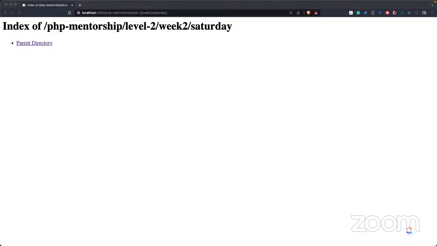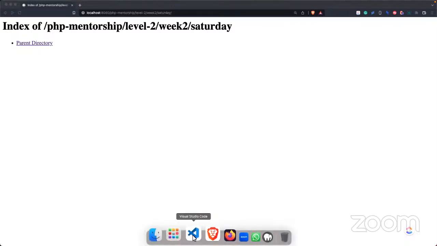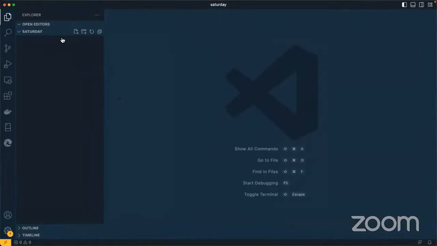All right, let's get started. So what we're gonna do today is simple. We're gonna take a look at connecting PHP to MySQL. So I'll create an index file,